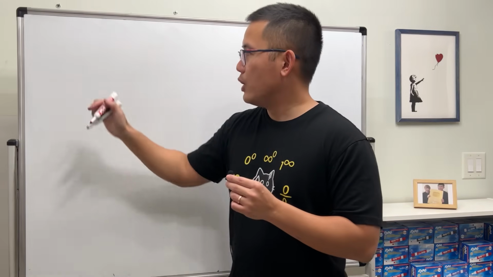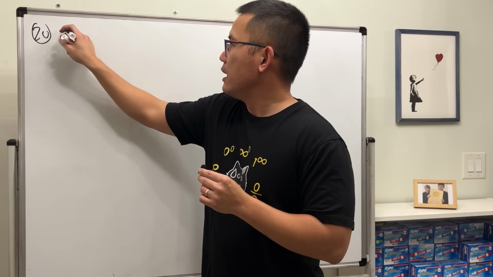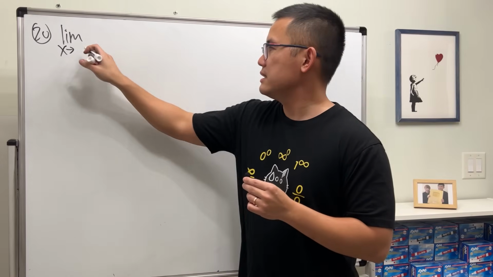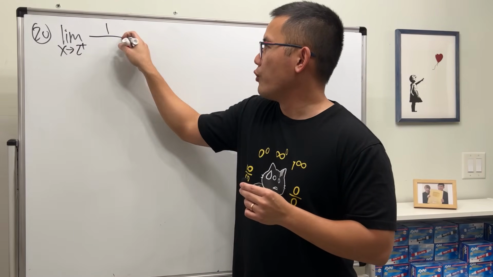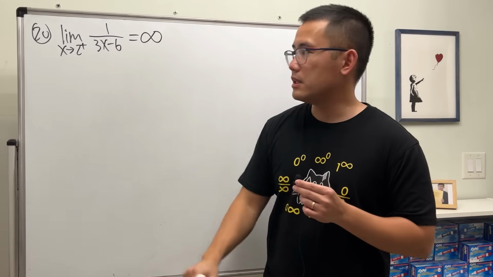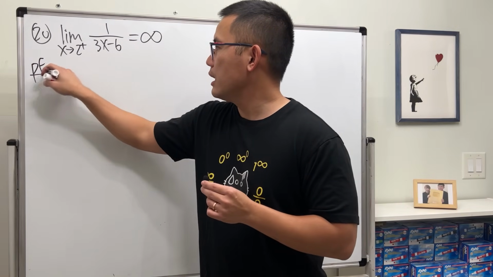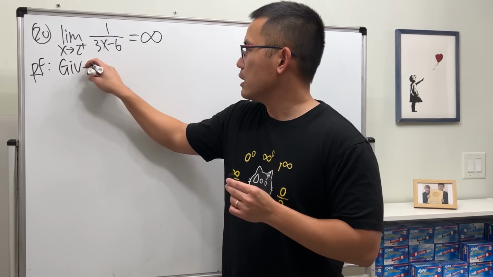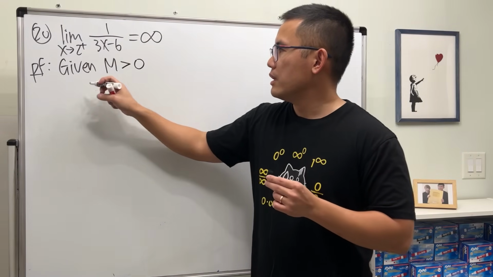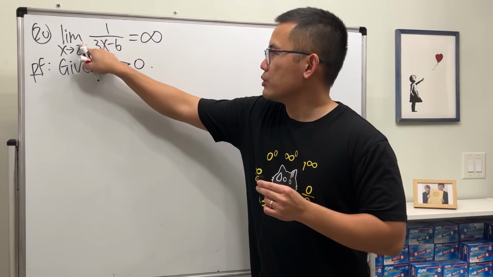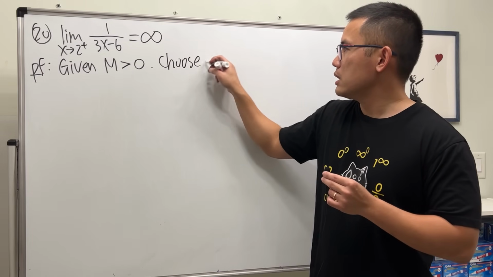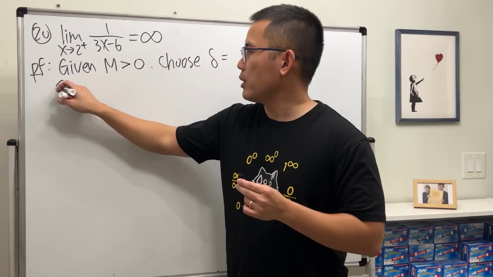All right, number 20. Limit as x approaching 2 plus 1 over 3x minus 6, that will be positive infinity. Proof: given m greater than 0, x is approaching 2 plus, so I will just say we choose delta to be something. Suppose